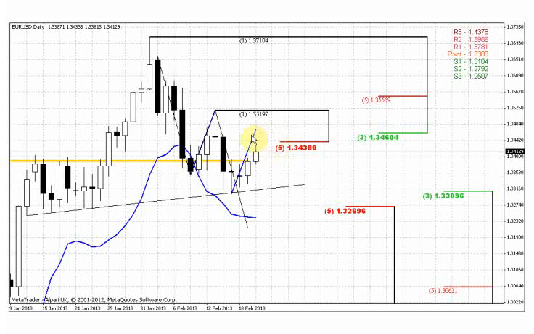So we need to get some pattern, some signal that lets us enter on the short side of the market with the hope that the market will accomplish this ABCD pattern. I don't know, maybe we should calculate, maybe this could be some sort of three drive in perspective, but in general the point is the same. So we have to keep an eye on this resistance. That level will be crucial